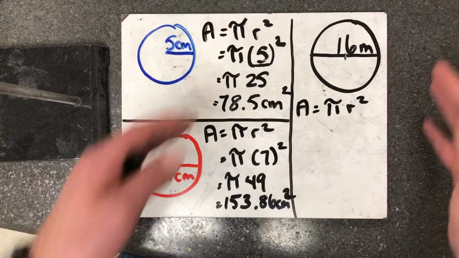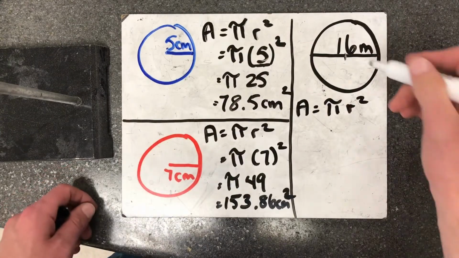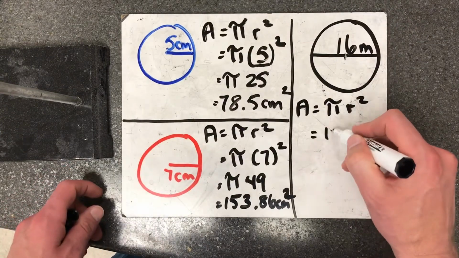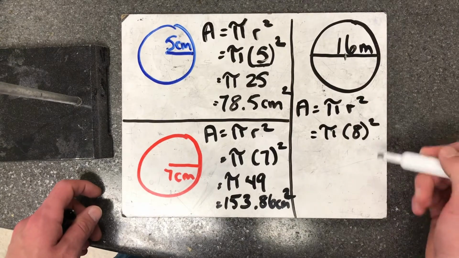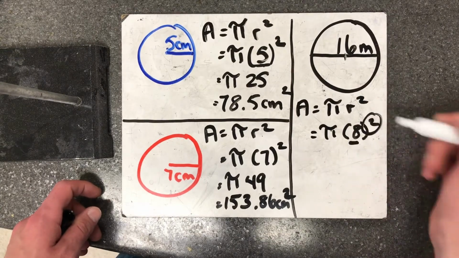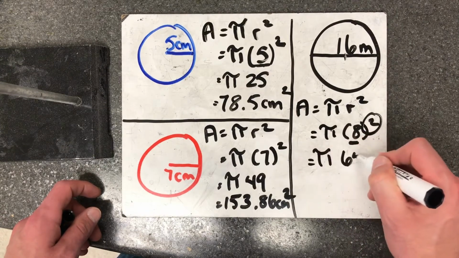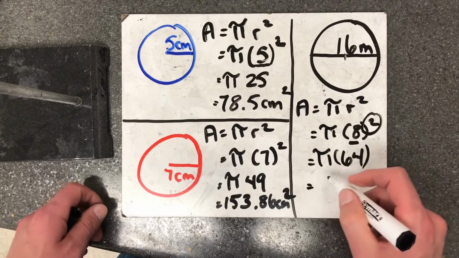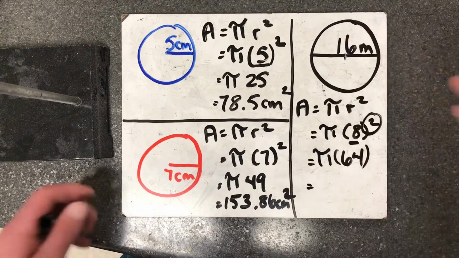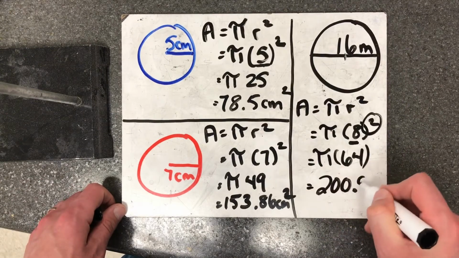So I've used a nice friendly number. If the diameter is 16, we can split that in half. We know the radius would be 8. So pi times 8 squared. Again, squared means times the base number by itself this many times. 8 times 8 is 64, so we're looking at pi times 64. And if we were to calculate that out, we would see that the area of a circle with a diameter of 16 would have an area of 290